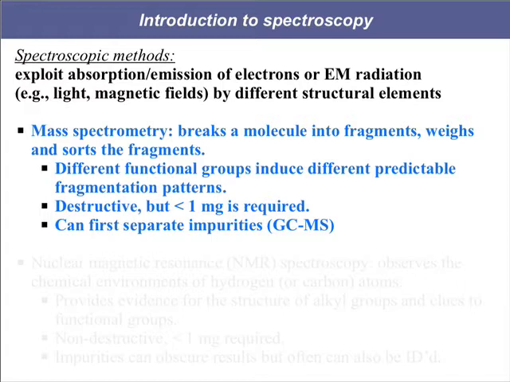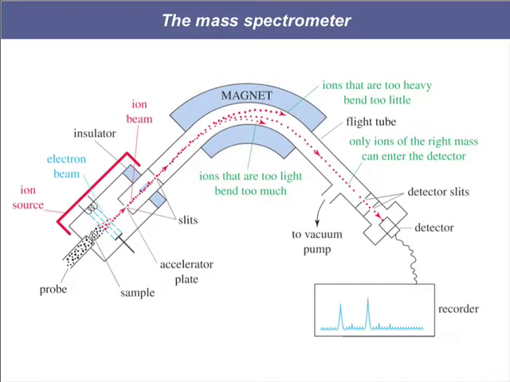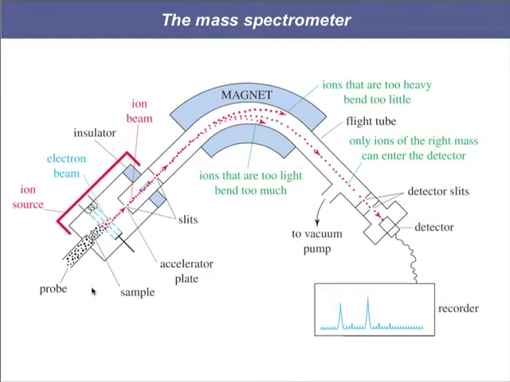So what does the mass spectrometer look like? This is a schematic of a mass spectrometer. In a mass spectrometry experiment, your sample is injected into the machine and it is bombarded by a beam of electrons. Those electrons cause the molecule to fragment into ions, which are then accelerated through what's called the flight tube by a magnetic field. Since ions are charged, they will interact with the magnetic field. The flight tube is curved around a magnet, and that's very important